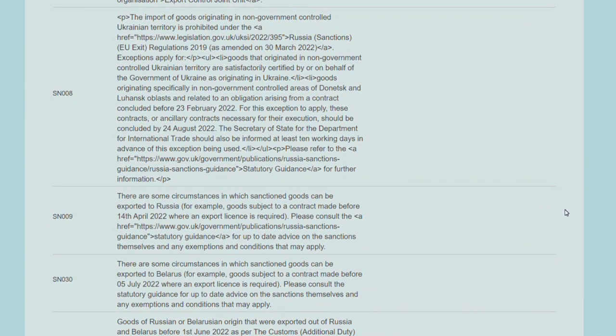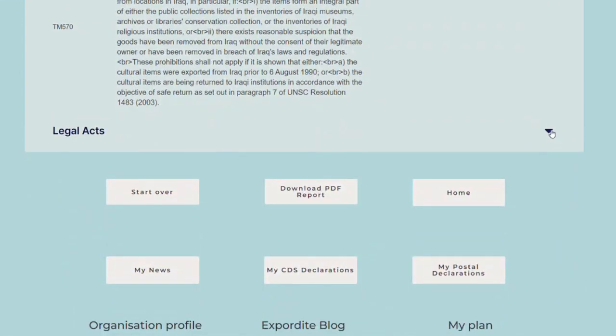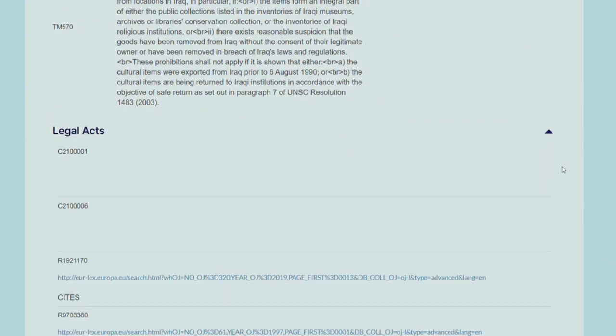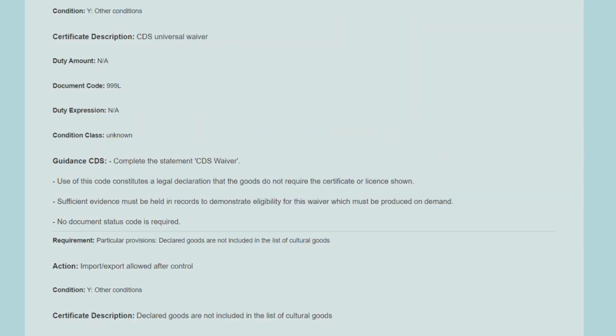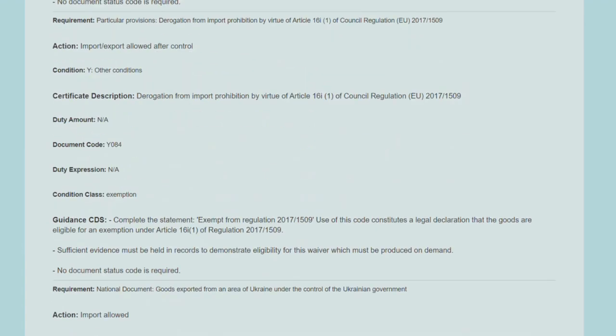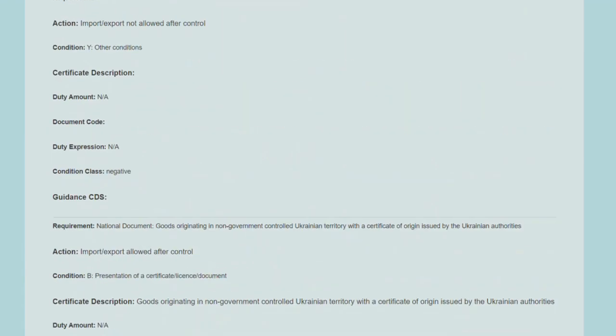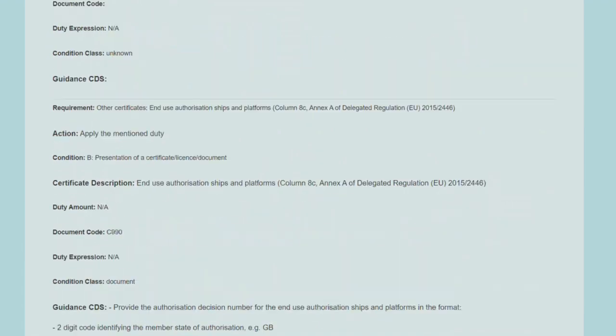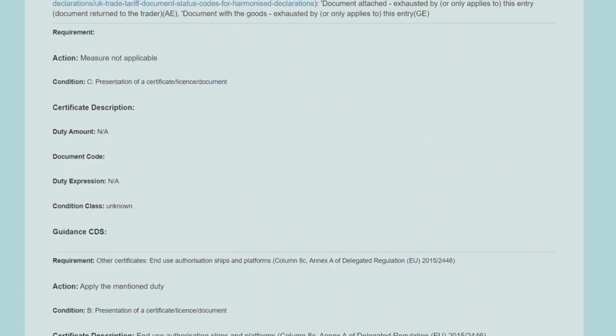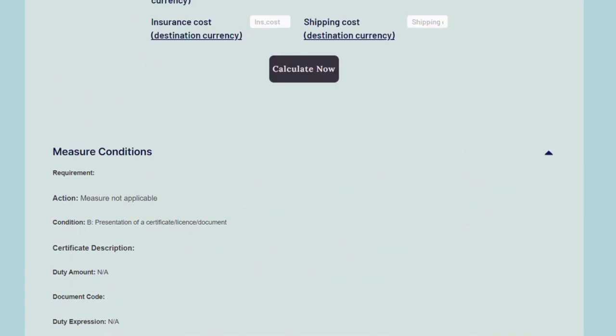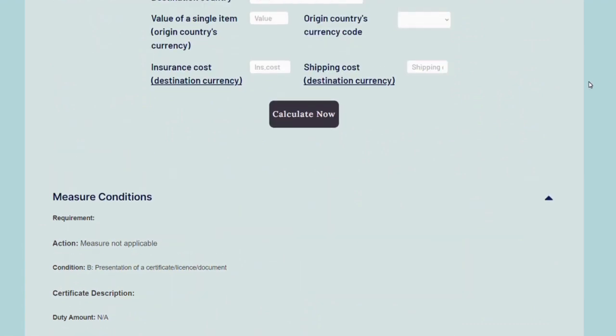There's a lot of data here, but don't be alarmed. It will all make sense. So, depending on your circumstances, some measures listed here will apply to your exports, and the notes from HMRC will help you figure out which codes to include in your CDS declaration. For example,